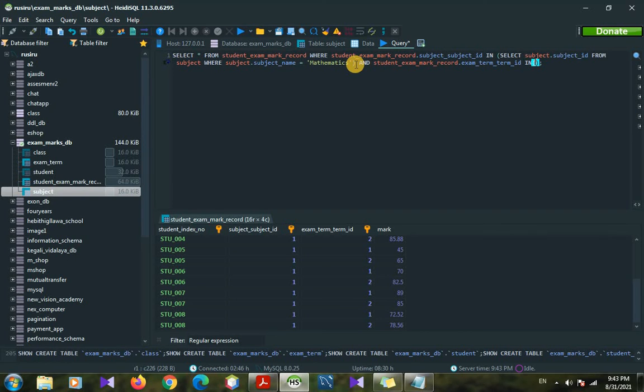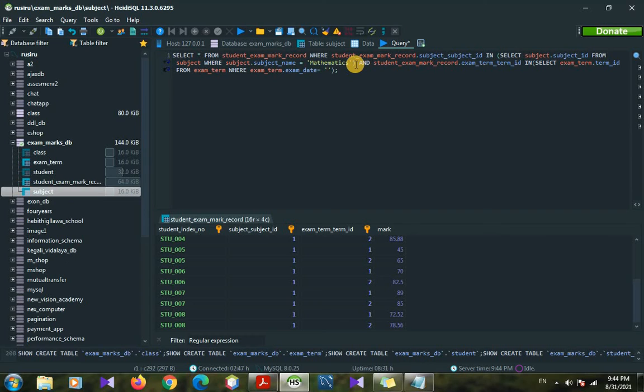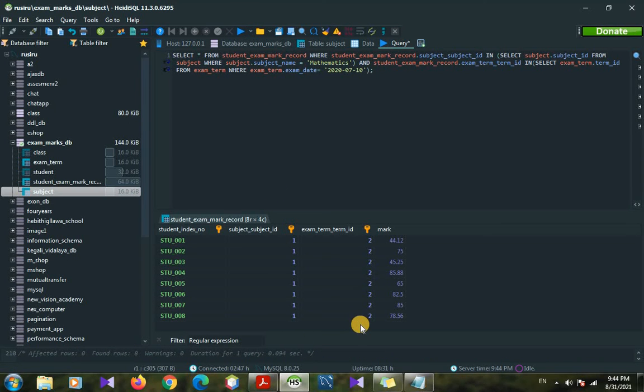Here we can give select exam term table dot term ID from exam term table, where exam term table dot term name equal. It's giving the term date, so here we can't use term name. Here we should use exam term dot exam date equal 2020 07/01/10. So now if we run this, it's coming all the results as here.